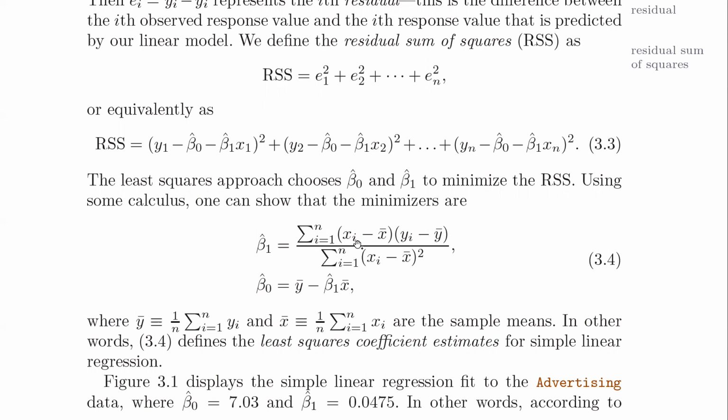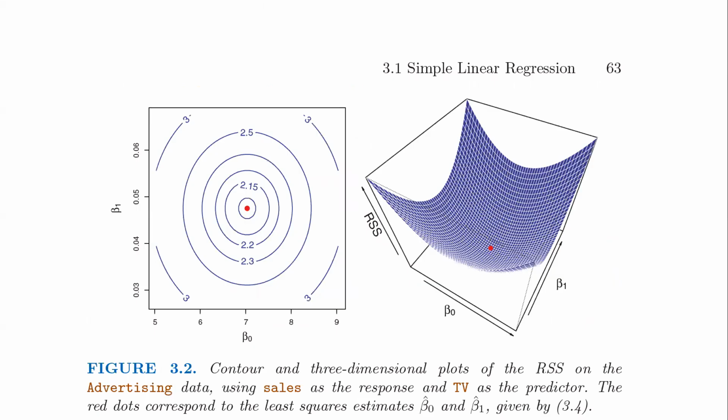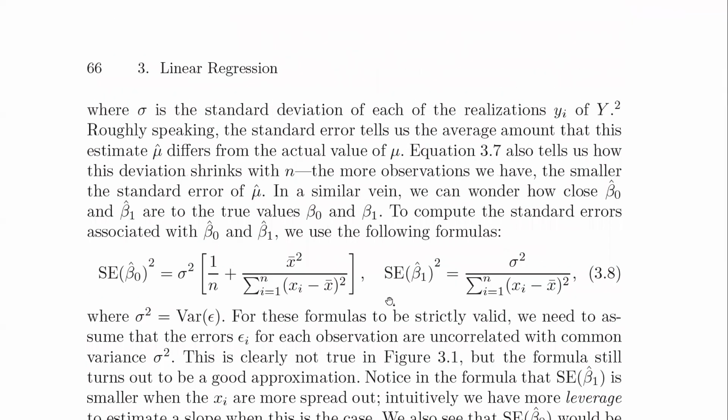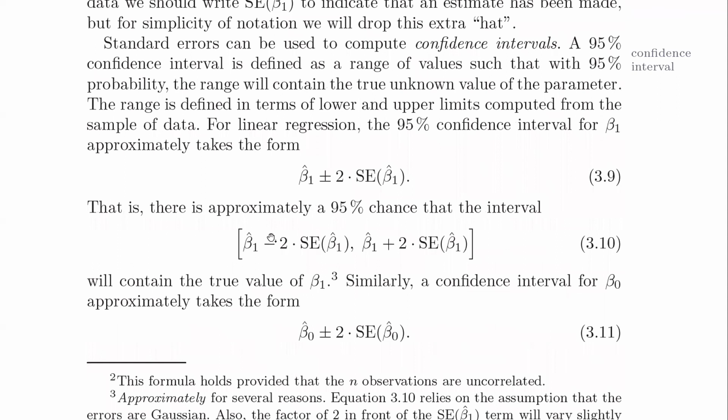We're dividing two sums, and the first sum depends on your input data and your observed output data. The second sum depends solely on the input data. So once you've calculated that formula and you have an estimate of beta 1, so that's beta 1 hat, then you also need to calculate